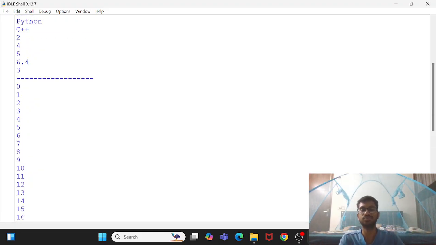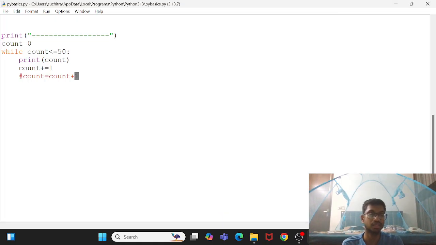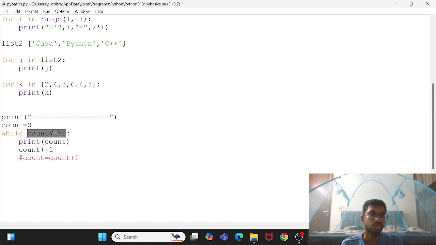So a while loop keeps on executing a piece of code till the condition becomes false, which is mentioned in the while statement. So now you must have got an idea in what case we have to use a for loop and in which case we have to use a while loop. I can do the same operation using a for loop as well. For example,